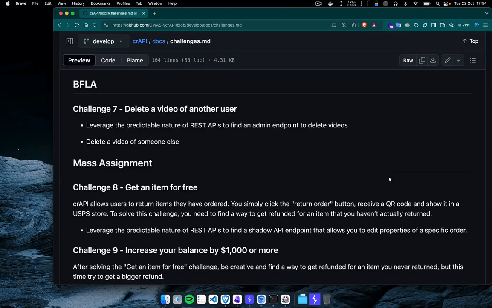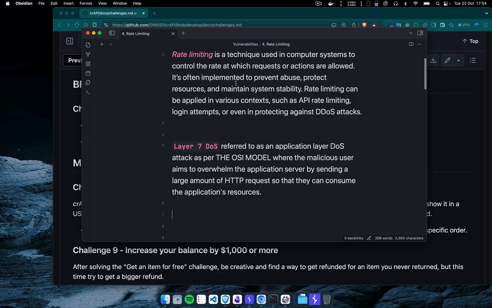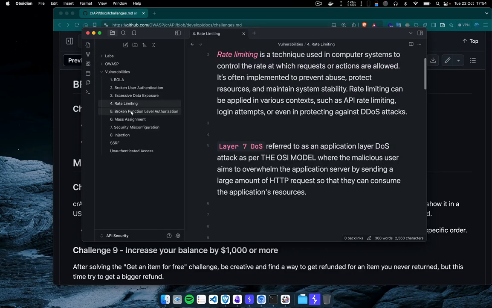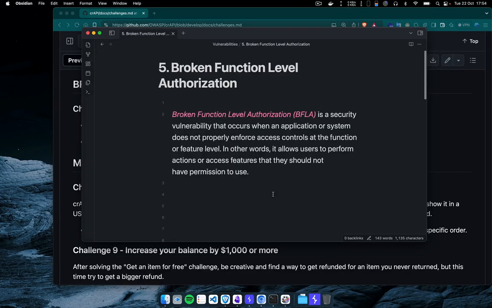So the next vulnerability which we are going to look at is BFLA, full form broken functional level authorization. So yeah, broken functional level authorization. What exactly is it? Broken functional level authorization is a security vulnerability that occurs when an application